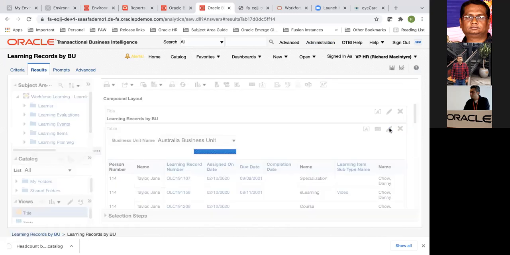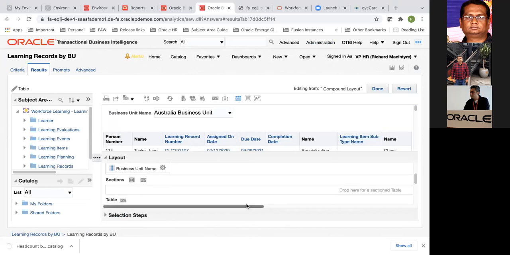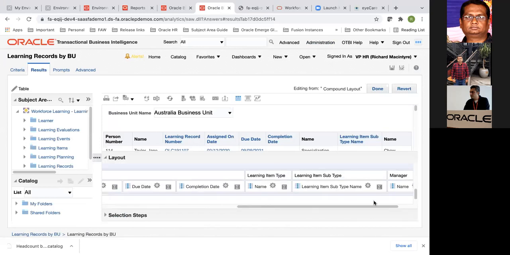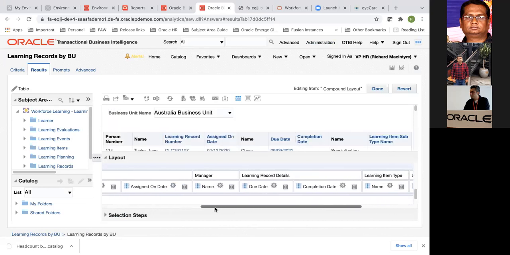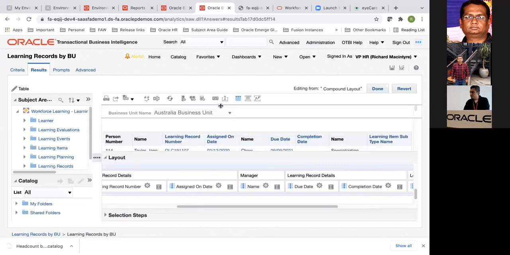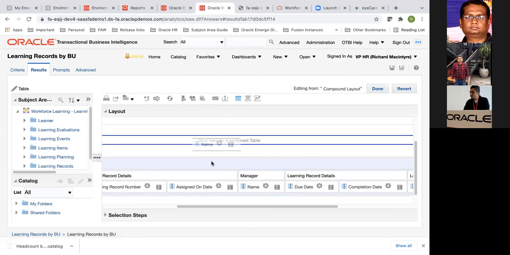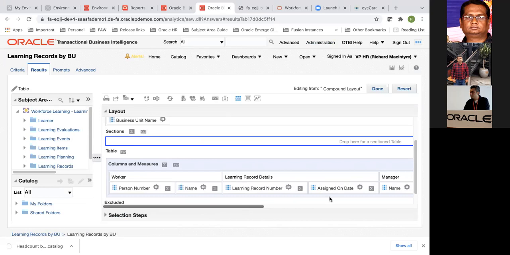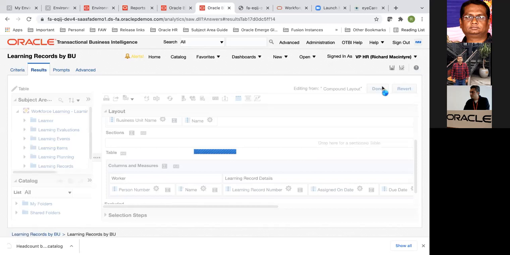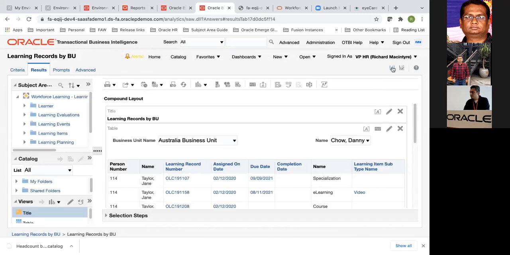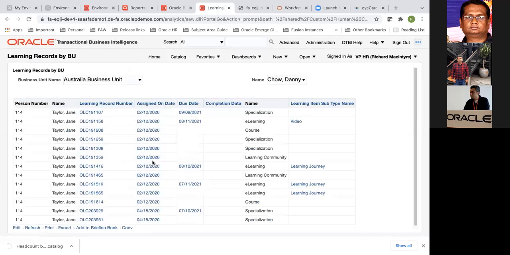Okay, so now along with a business unit, I'll also put the manager name as one of the prompt values. Okay, I'll say done, and I'll save it. Okay, so I could filter it by manager.